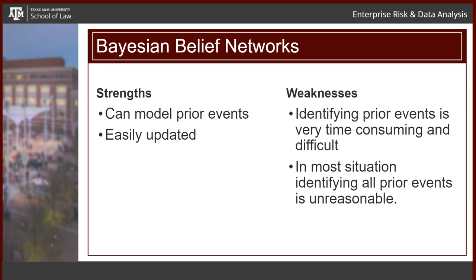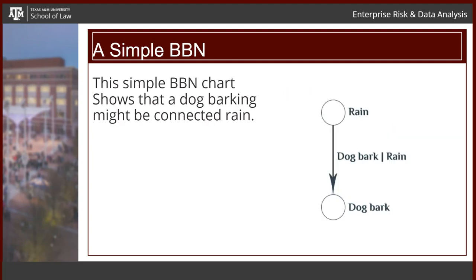So the weakness is finding this data, finding the prior events that are actually relevant, right? 9/11 was a watershed event in that planes were used as suicide weapons. Data before that, which might indicate something was going to happen, gets changed by the dynamics. So even though this is great mathematics, you can model it, you can update it, everyone can understand it conceptually, it's hard to identify prior events. It's hard to grab that data. And a lot of times the prior events can't really predict the future, but it's still a good technique to use.